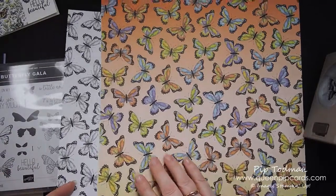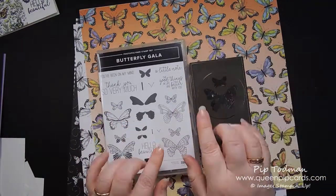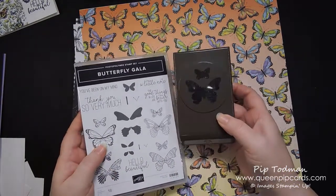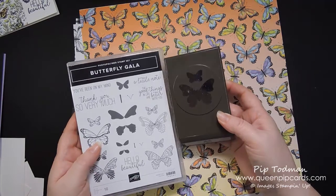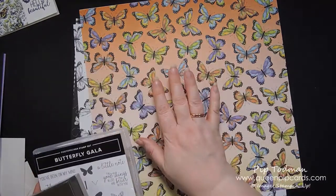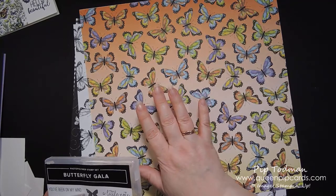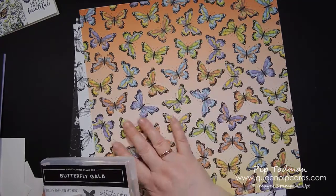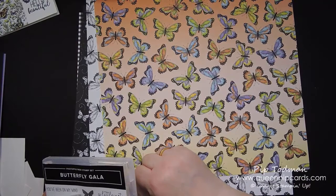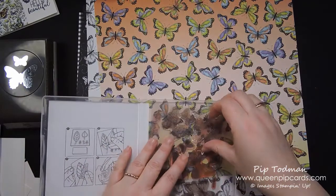Okay, so you buy this as a bundle, 10% off, and that's £33.25. Okay, and then you just need to add something else to it. So I would probably add some paper, note cards, ribbon, something like that, to get it up to the £45 value. And then you get this set of 12 sheets of 6 designs, double-sided designer series paper for free. So this paper, you know, our papers are worth about £10.25, so that means that this is a free gift worth £10.25. So that's how Celebration works, but I thought I would show you just how gorgeous some of these